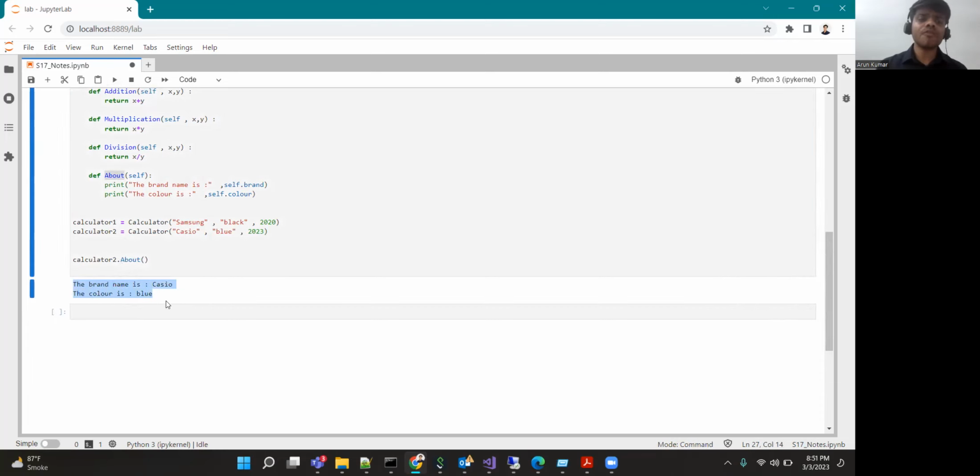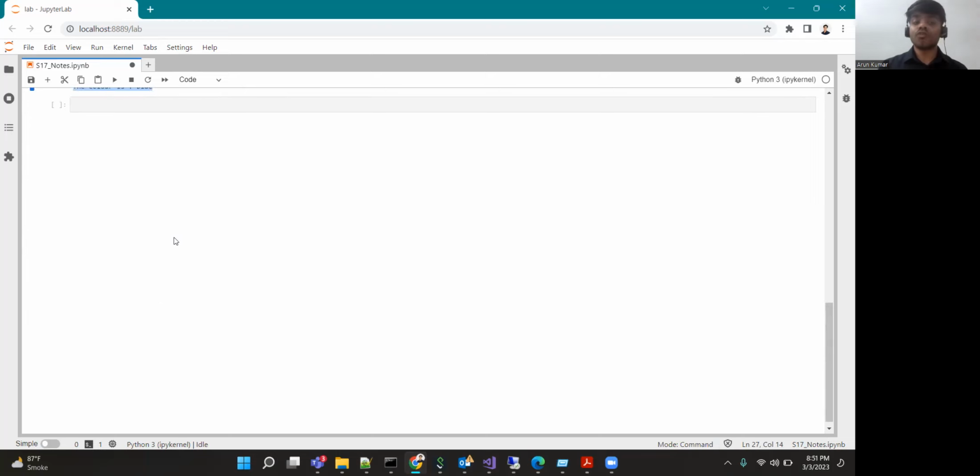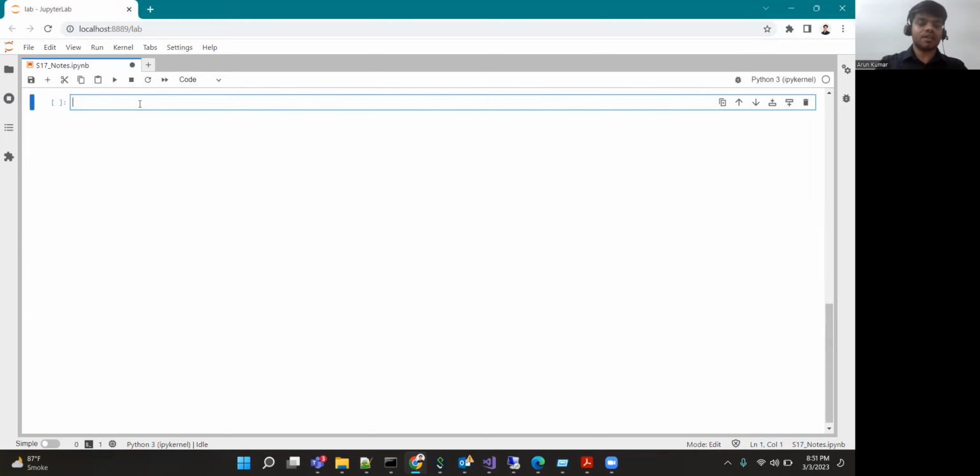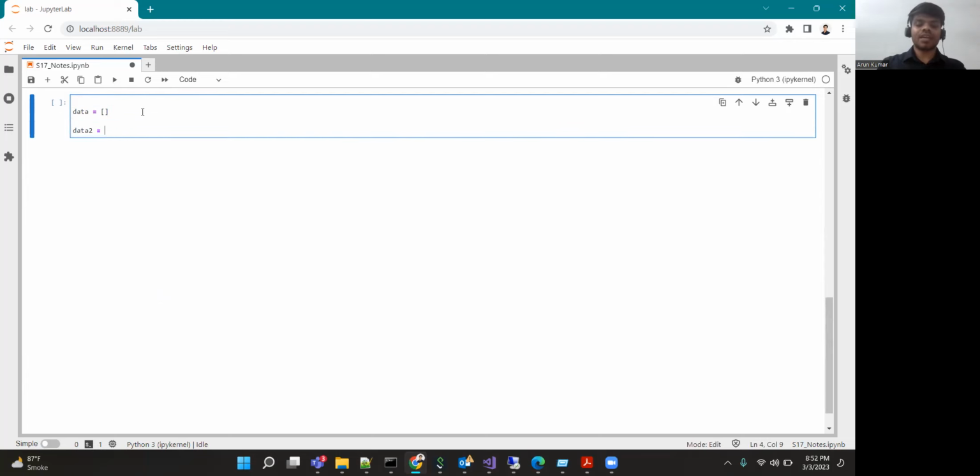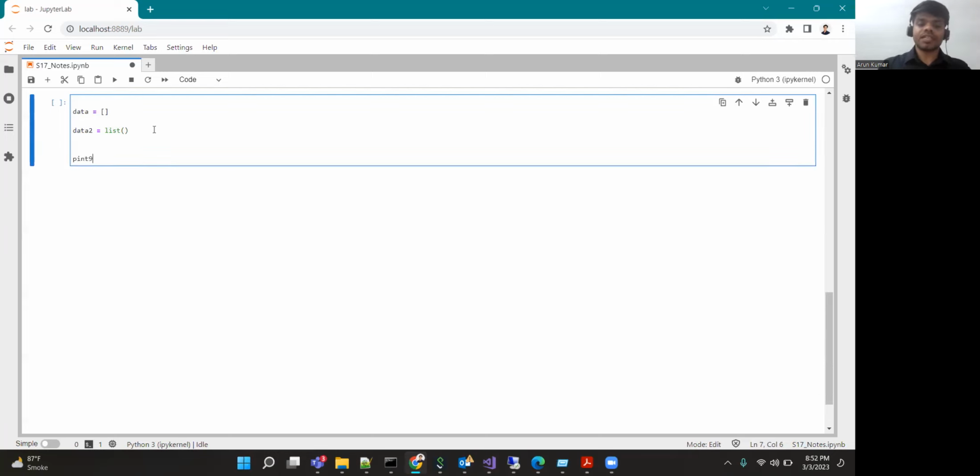Apart from this, so far if I were to create a list, I would create it like this, right? Either I create an empty list like this, or the other way is like this. By this methodology I could create a list. Now remember that in Python everything is an object. The list is also an object, and someone else has defined a class by the name list, and that is why you are able to create a list. So when I print